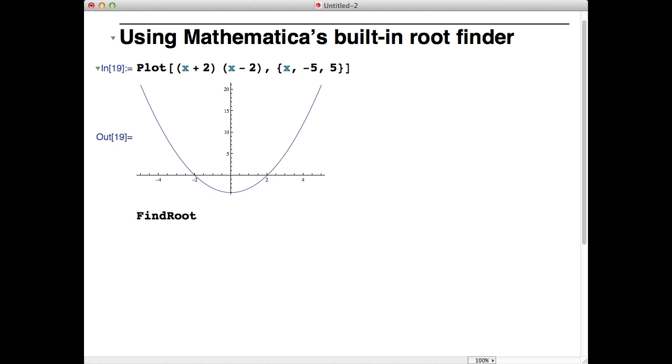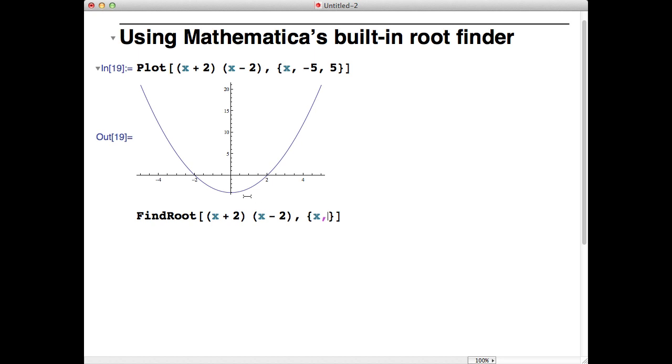The first thing that the root finder expects is the function for which you're trying to find the root. So in this case it's (x + 2)(x - 2). Now we can be very precise and say that that has to be equal to 0, but in fact if you leave that off, the root finder automatically says this function has to be equal to 0. So you can leave that off or you can keep it in, it doesn't matter. The next thing that it expects in parentheses are the variable which you're looking for and a guess for that root. So the variable is going to be x, and the guess, well,